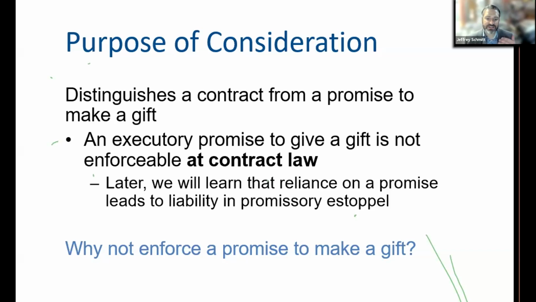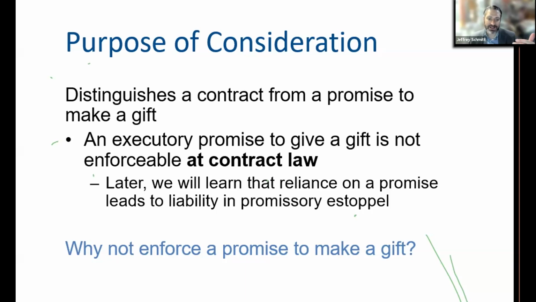Another way of looking at this is charitable contributions. This is where a lot of the doctrine was. A lot of the cases are about promises from wealthy donors to give to charities. And the courts generally say, unless you create a legal vehicle for it that is formal, like a contract or some other vehicle, then it's not enforceable. It's not enforceable at law, just a promise to give a gift, because otherwise we're scared that maybe people will stop making those promises, right?